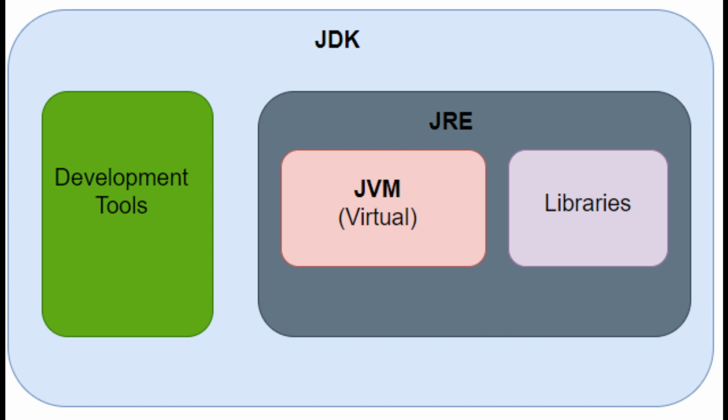Let us first discuss about development tools. The development tools consist of Java compiler and Java launcher. The Java compiler, it is the primary Java compiler. The compiler accepts Java source code and produces Java bytecode, conforming to the Java virtual machine specification. And Java launcher helps in launching a Java application during execution.